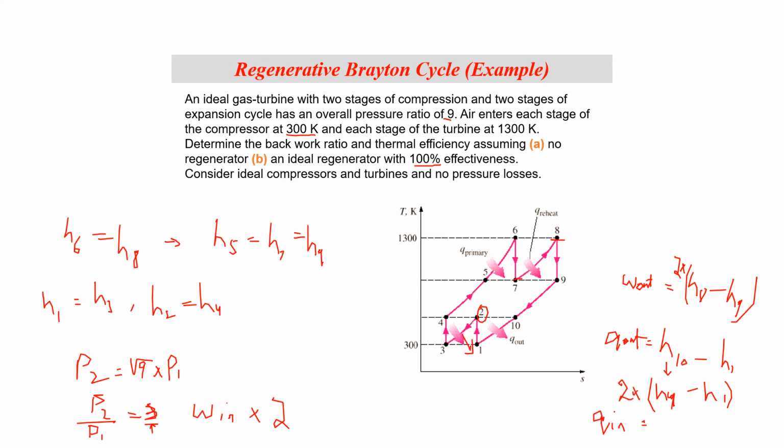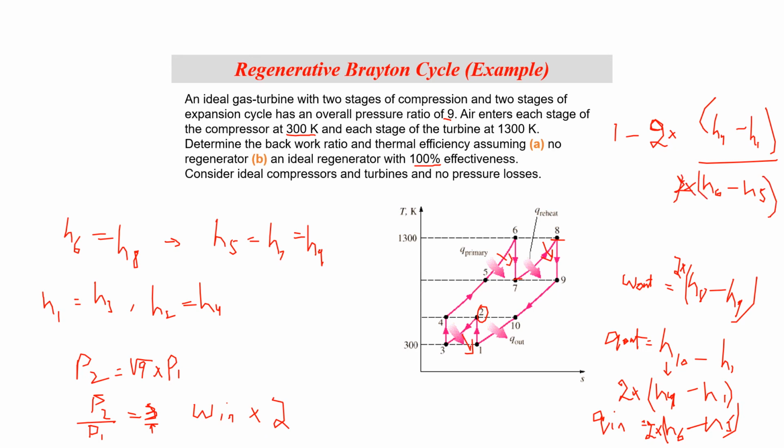And similarly, Qin will be equal to H6 minus H5, again multiplied by 2. So your system efficiency will be 1 minus 2 times H4 minus H1 divided by H6 minus H5, again multiplied by 2. So you can actually ignore this and you get,